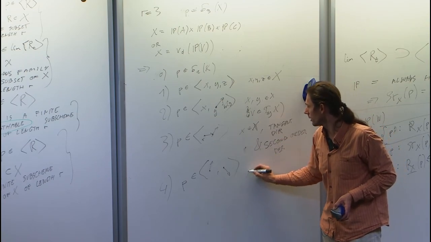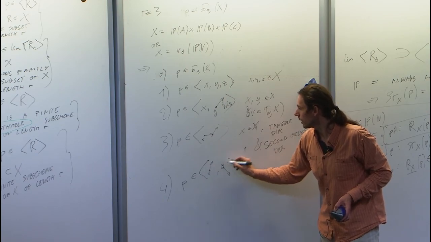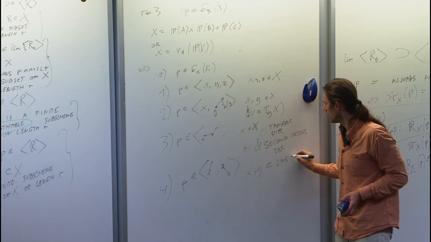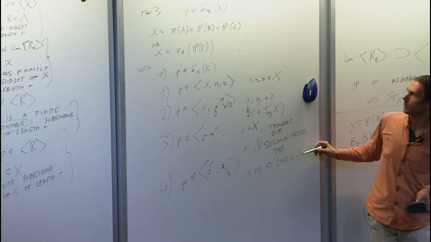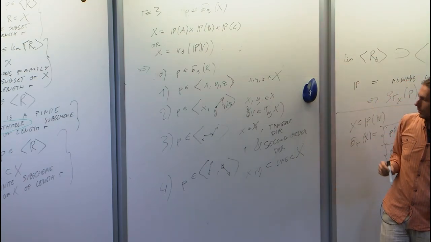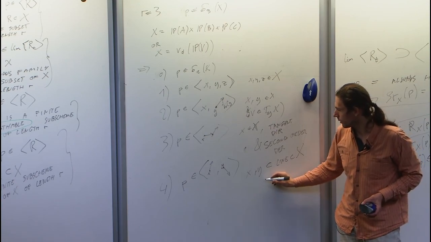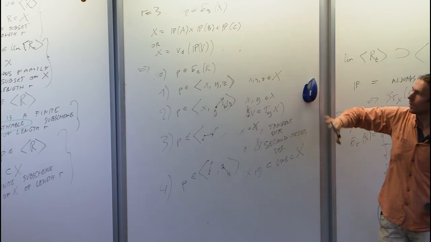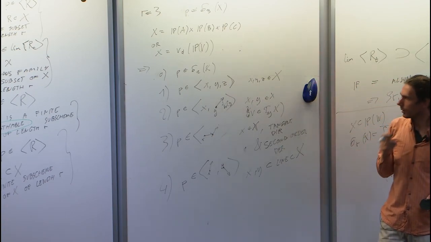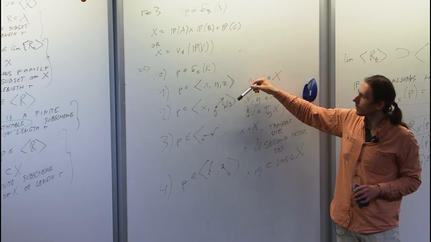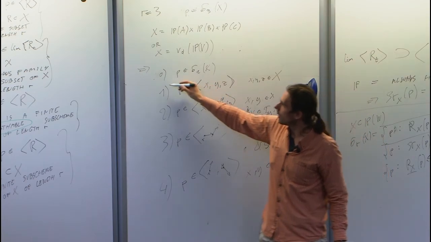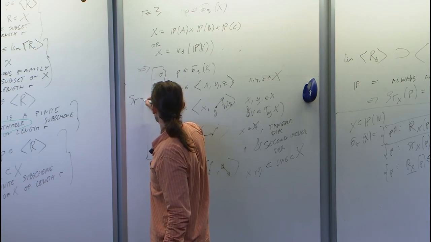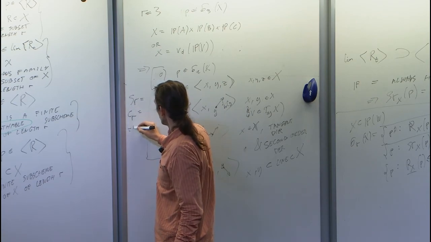But we require that x and y are contained in a line that's contained in X. That's why it doesn't show up in the Veronese variety, because there are no lines contained in the Veronese variety. And that's all for these cases and several more cases. These are all the possible forms of the points in the third secant variety, and all these have smoothable rank equal to the Cactus rank equal to the border rank,